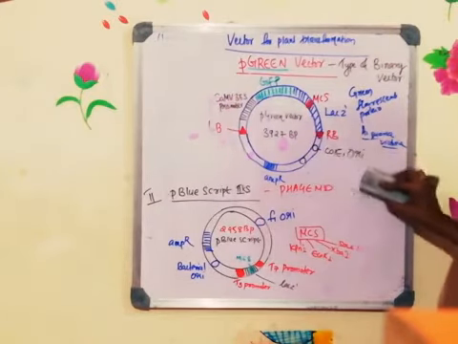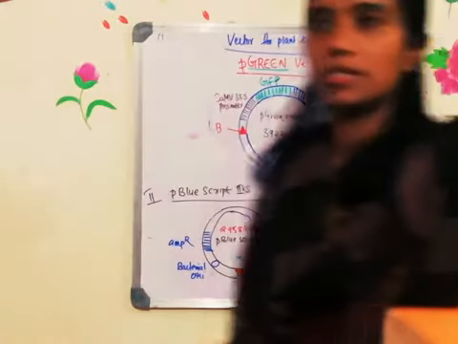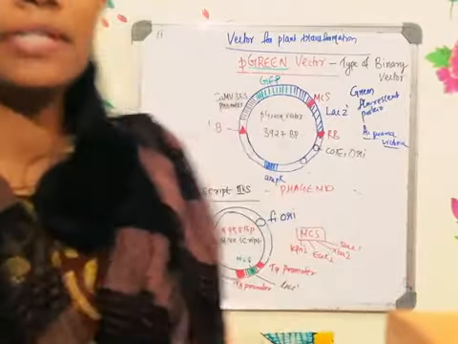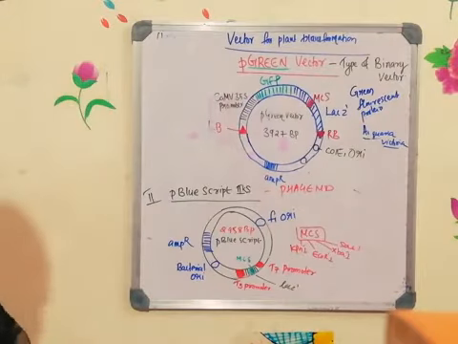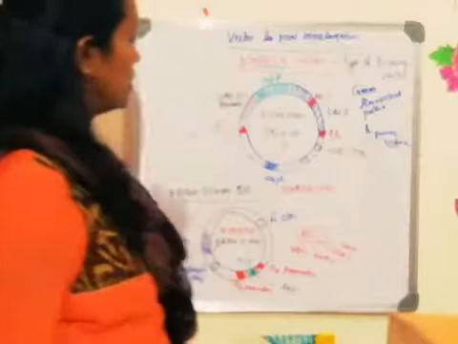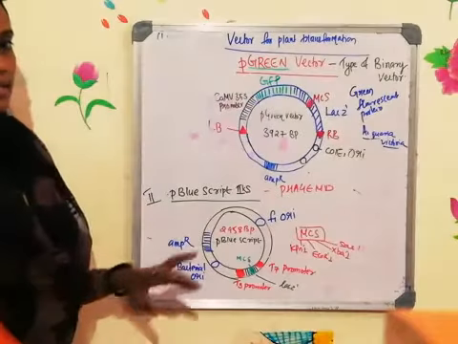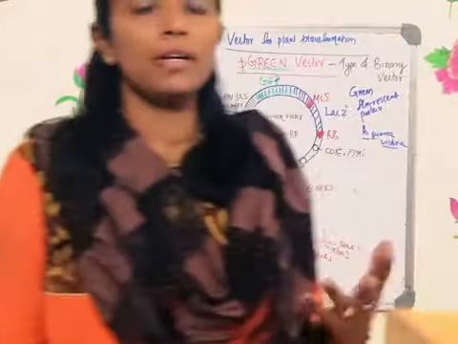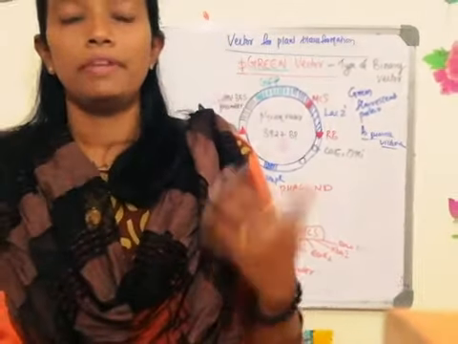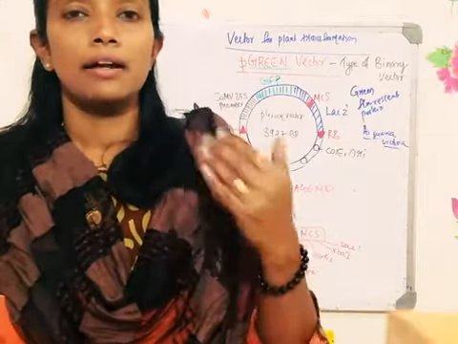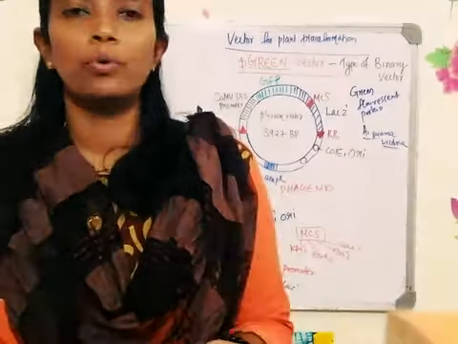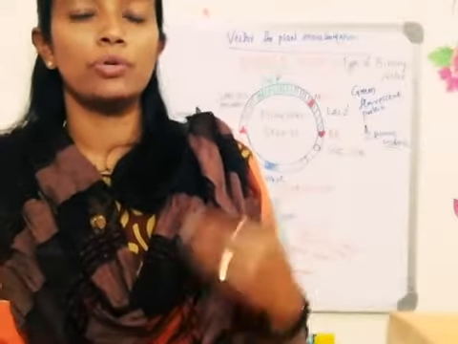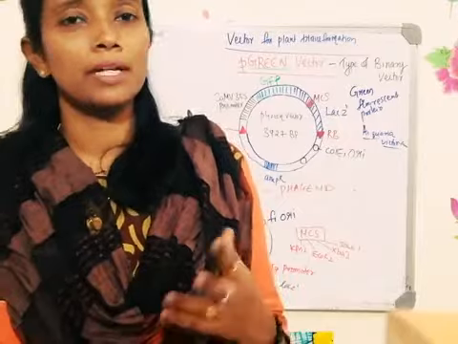Actually, this particular plasmid is not used for plant transformation system, but still they have given it in the syllabus. I have checked the recent articles also, but nowhere are they using this particular vector for plant transformation. It is generally used for transforming the bacterial cell. If you remember, in the last semester we discussed different types of M13 vectors. What is the advantage of the M13 vector? When we use an M13 vector, we can produce single stranded copies of the cloned DNA.